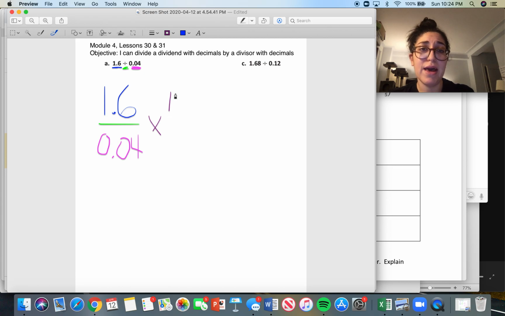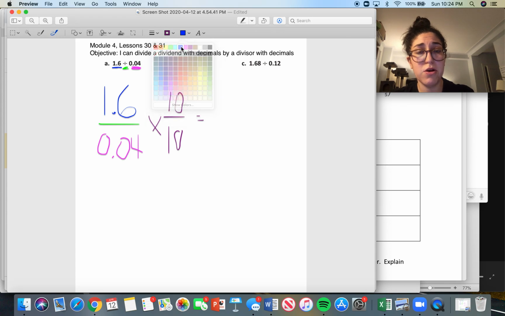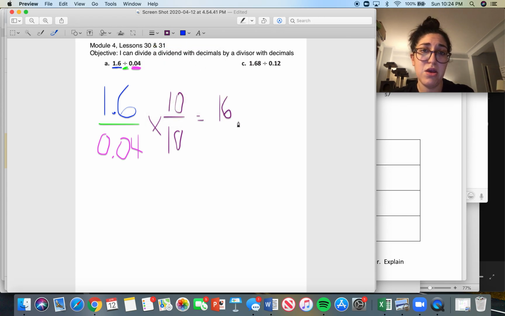And if I do that by multiplying it by 10 over 10, then what would happen is 1.6 would become 16, and that's awesome. And 0.04 or 400ths would become 0.4,